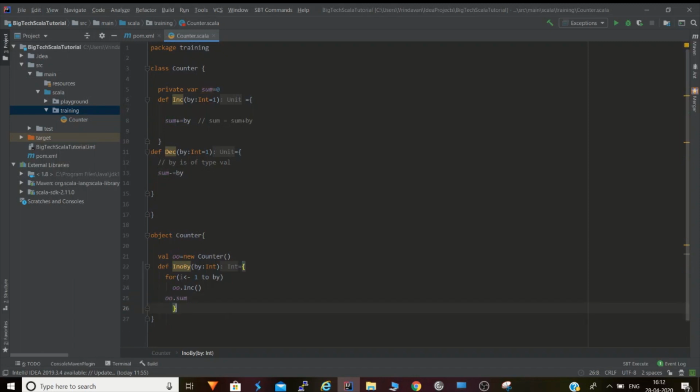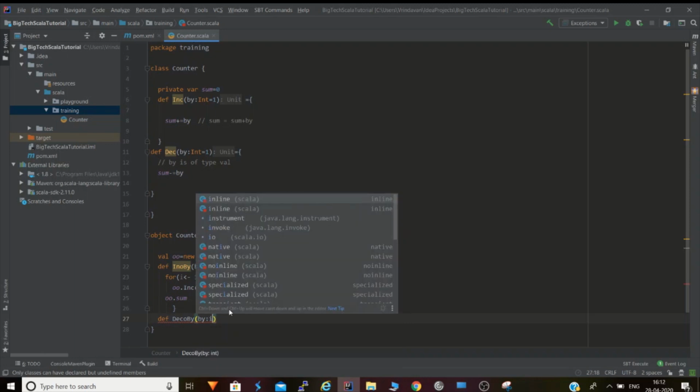similarly we'll implement our def decrement method. The implementation will be the same.